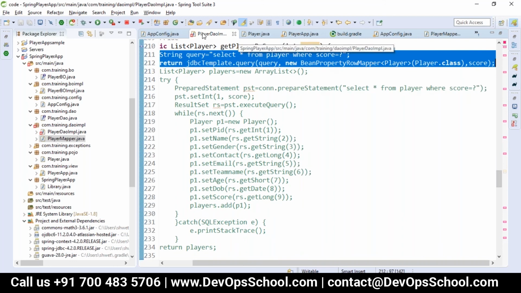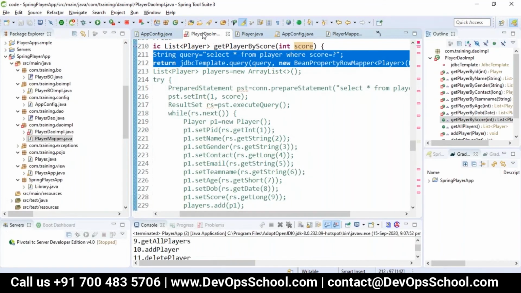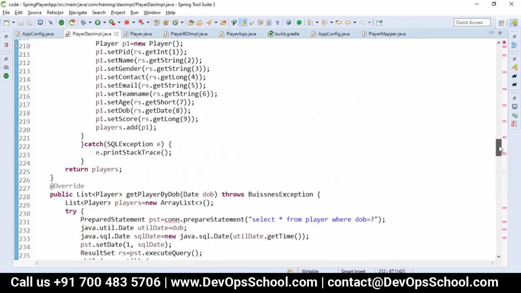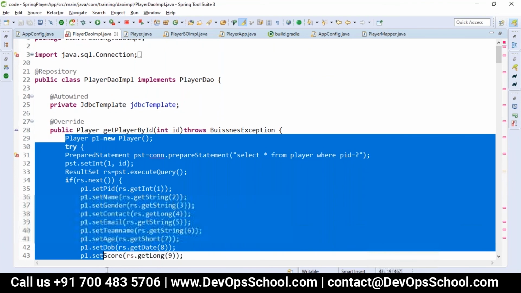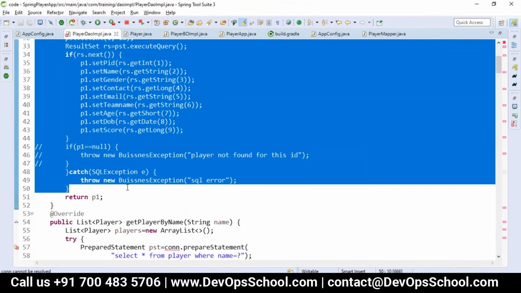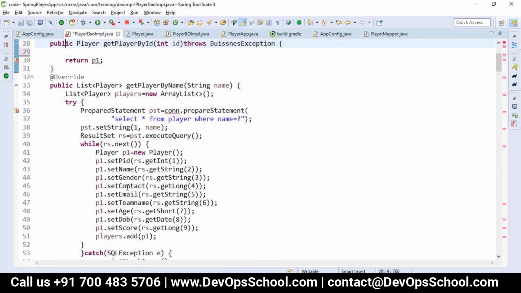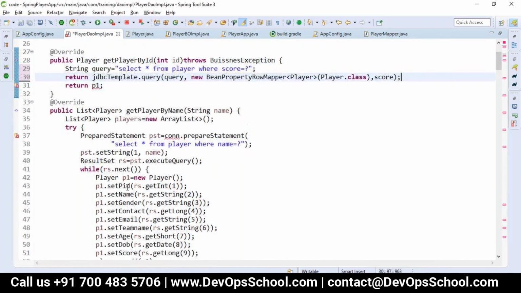For each property, let me go one by one. But here we should not write query because it is expecting only one object.